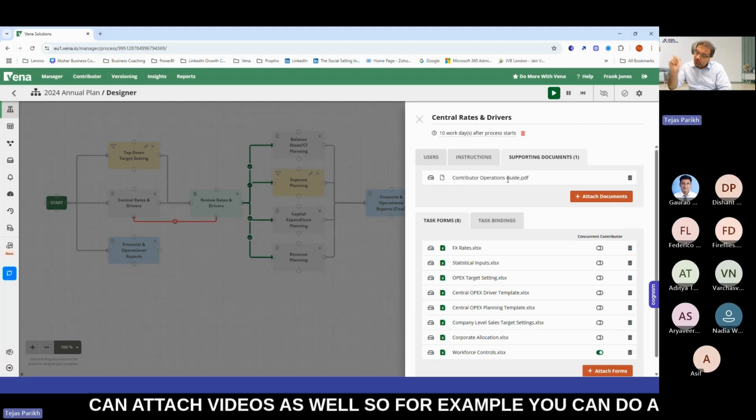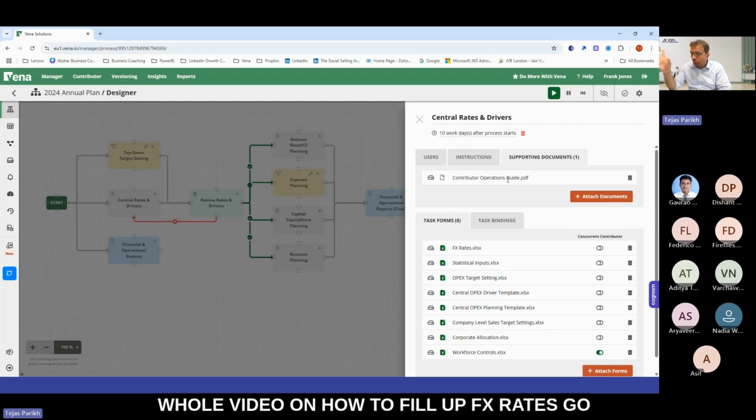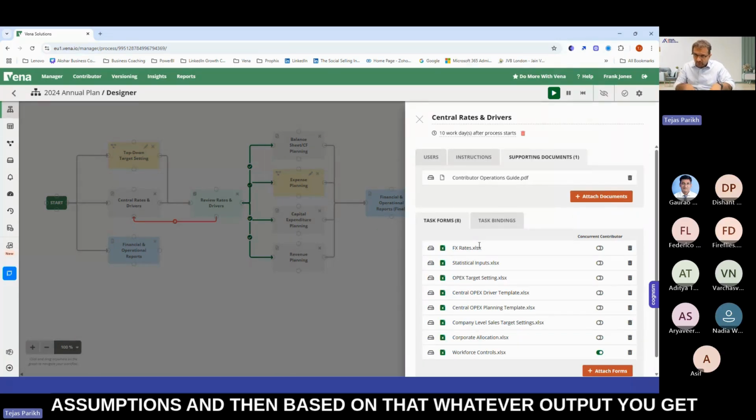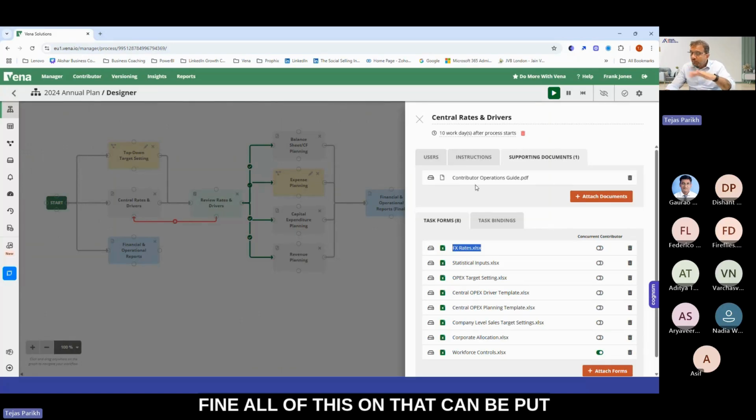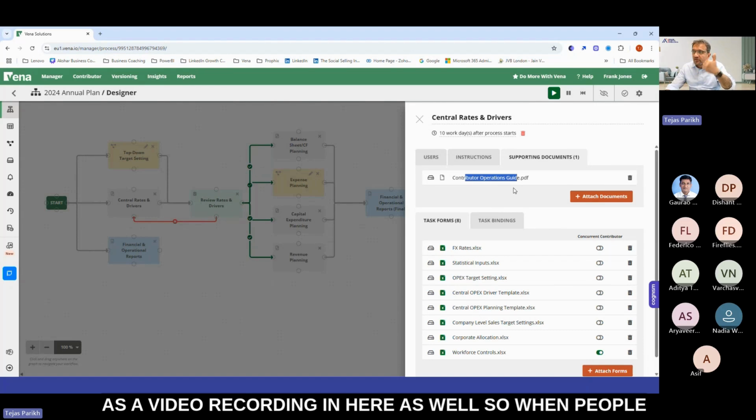I can attach videos as well. So for example, you can do a whole video on how to fill up FX rates. Go to xe.com, take this, make these assumptions. And then based on that, whatever output you get, update the FX rates in the sheet. Fine. All of that can be put in a PDF, or it can be put basically as a video recording